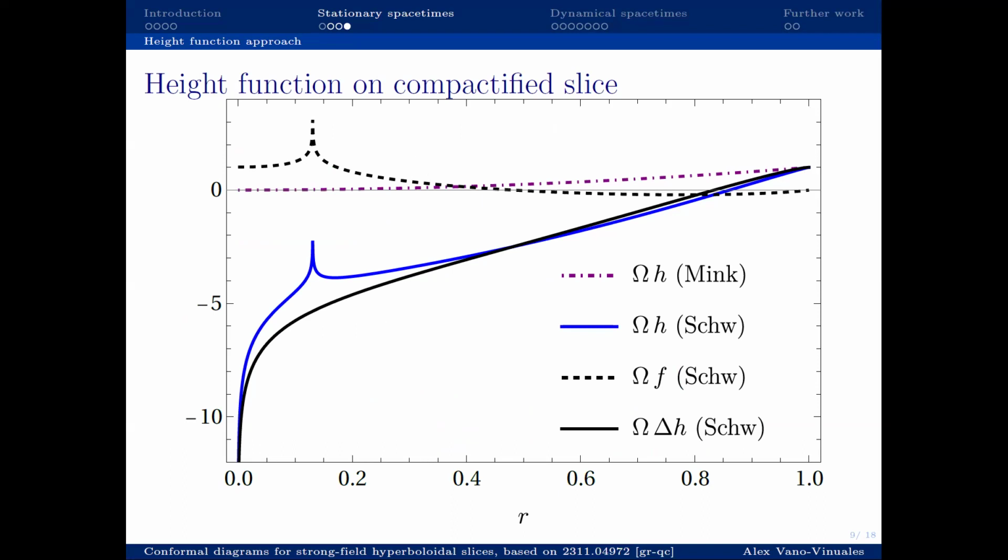So, I am now doing this detour to explain how this can be done in the compactified radial coordinate, because everything is much more straightforward within the same picture of having the code that evolves on a compactified radial coordinate, and also making these plots, the conformal Penrose diagrams, using the same radial coordinate, because the diagram doesn't really care what radial coordinate you use. And that is the first part that deals with how to integrate this height function